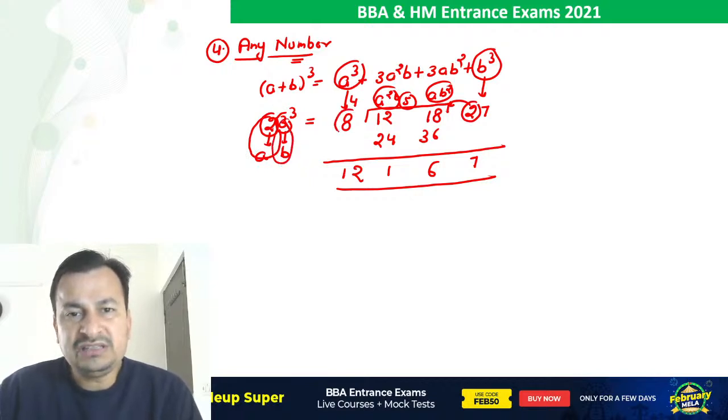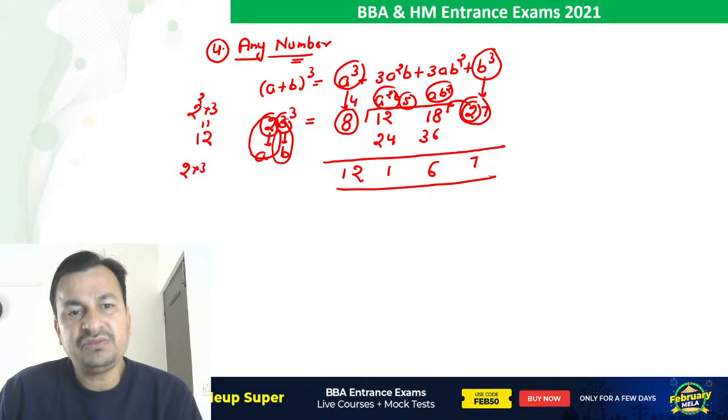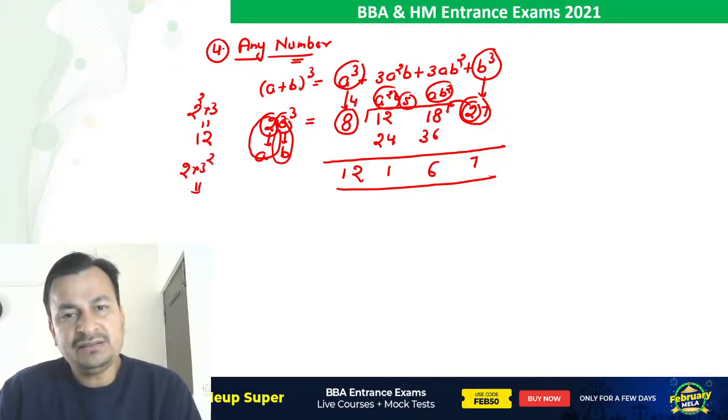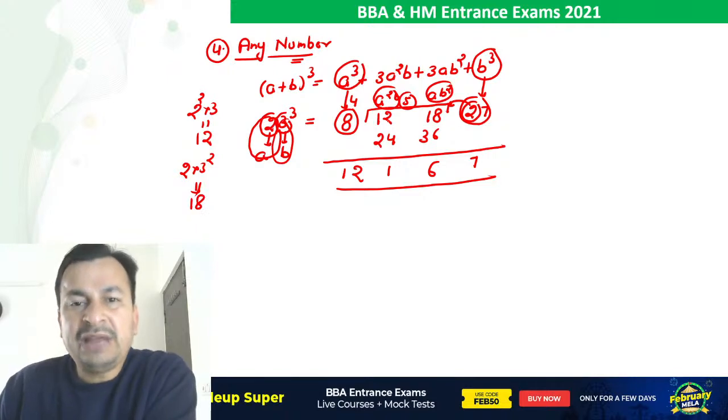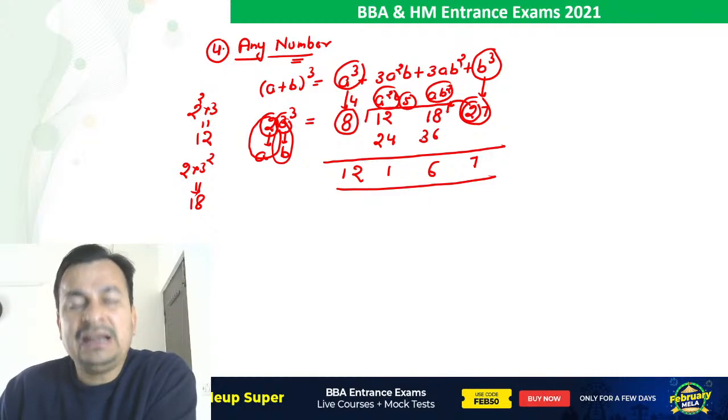Now a cube is 8, b cube is 27, second term is a square b. A is 2, b is 3, so a square b is 2 square into 3, 2 square into 3 is 12, and third term is ab square. A is 2, b is 3, so ab square is 2 into 9, that is 18. Now we will multiply these two middle values by 2. 12 multiplied by 2 is 24, 18 multiplied by 2 is 36, and now we will simply add these two numbers. And as I told you in the previous categories, while adding these two numbers, we will focus upon only